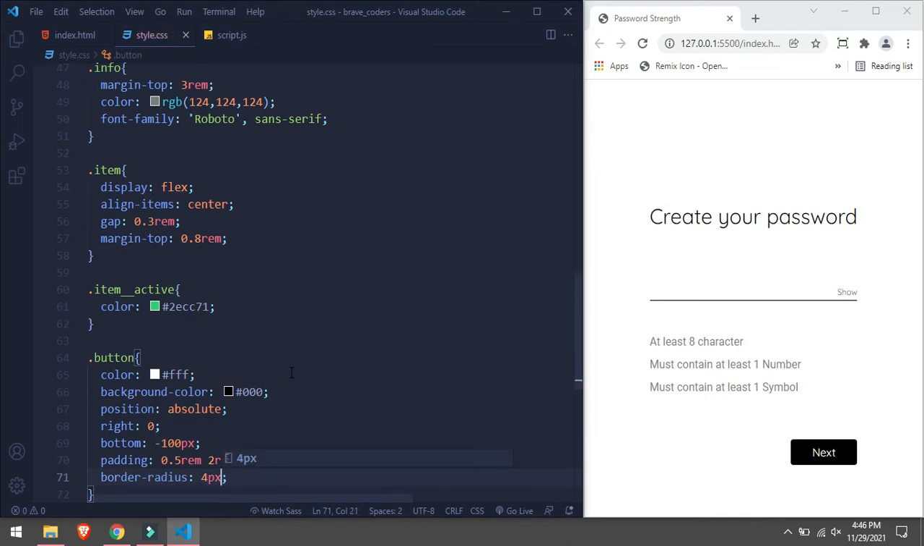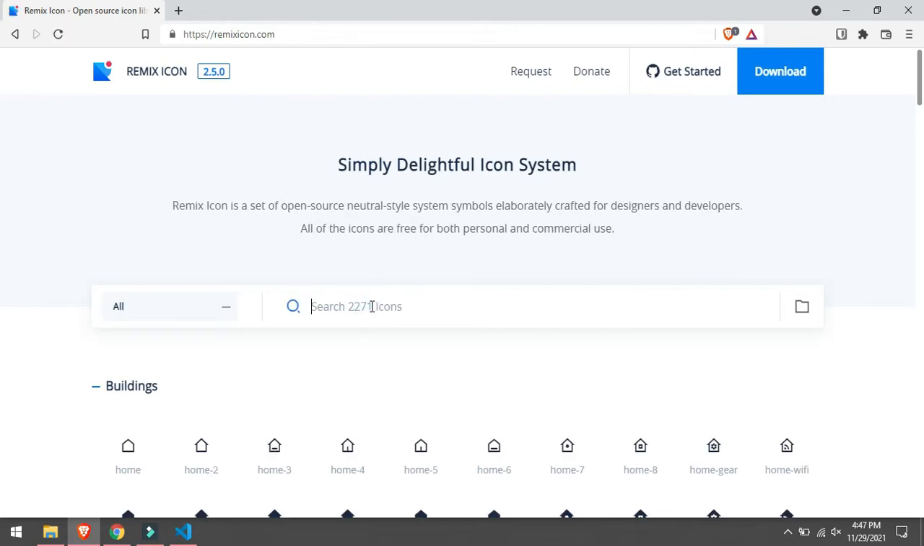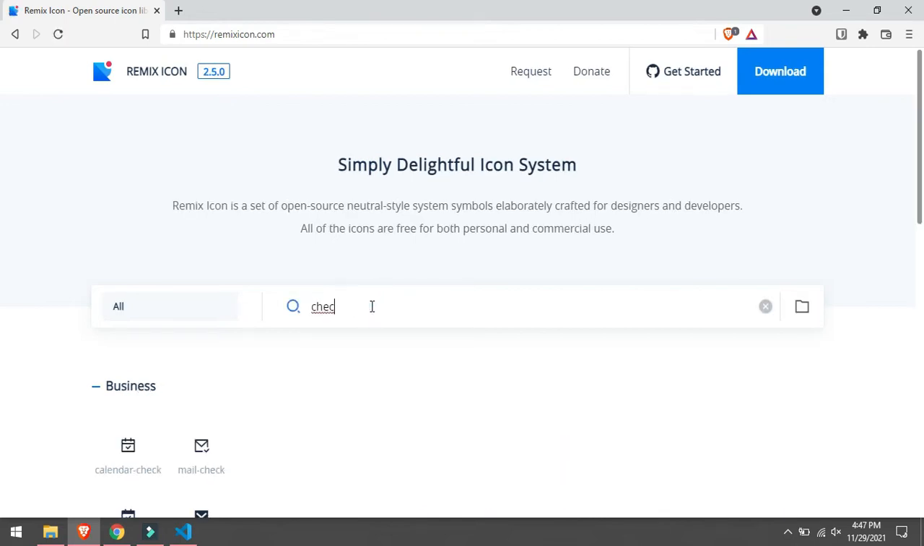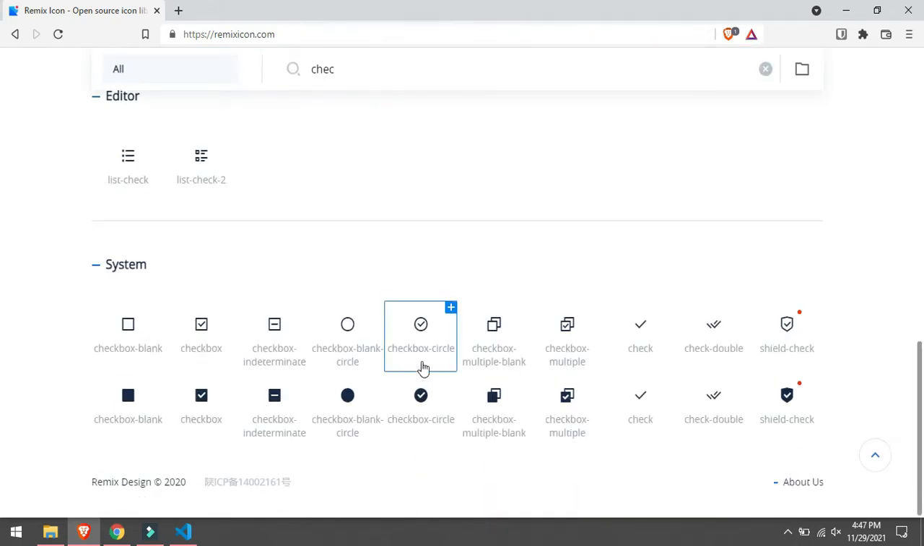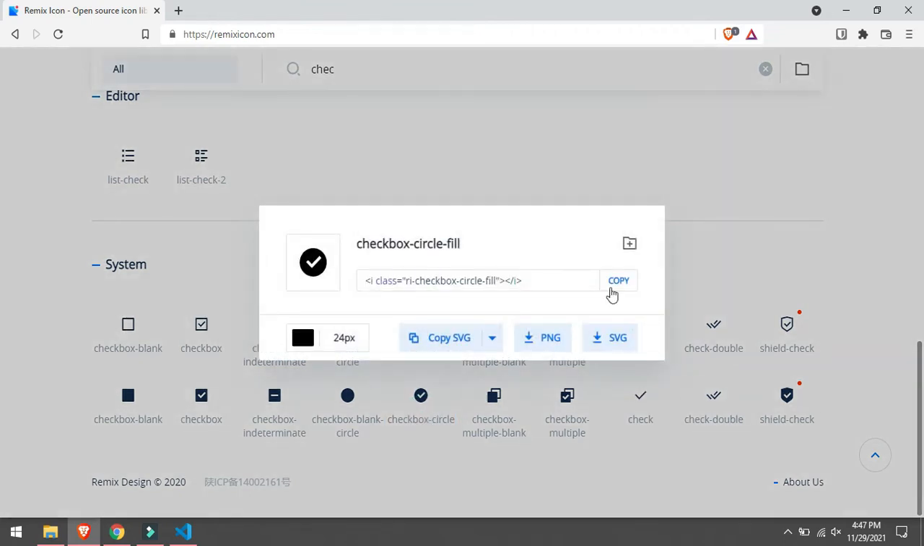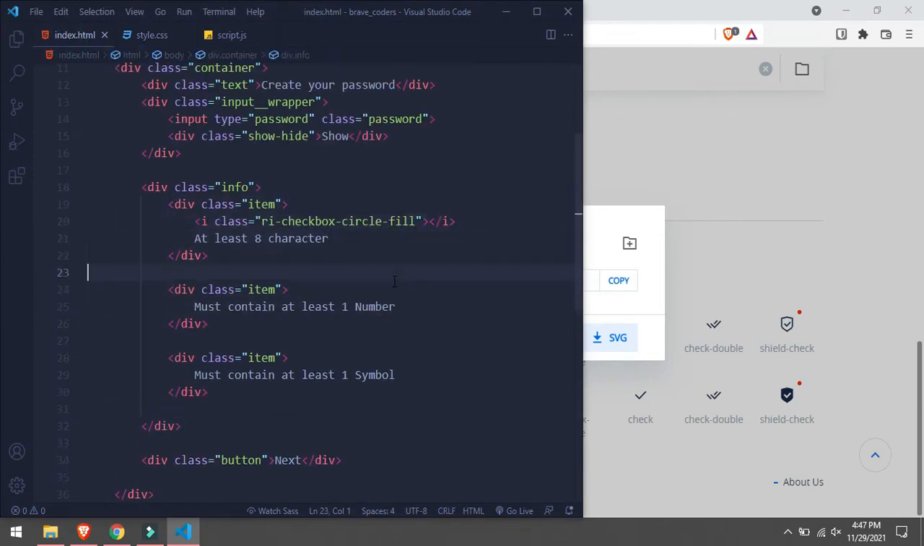Okay, so this is it. Now we are going to add icons for this. We will go to Remix Icon, and we will search for checkbox. And I will take this one and paste it here,